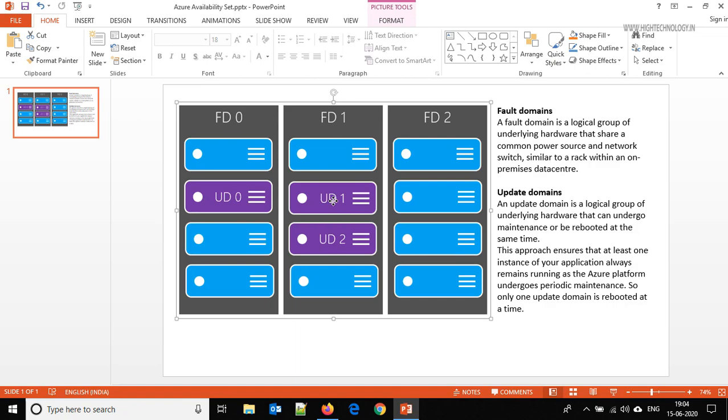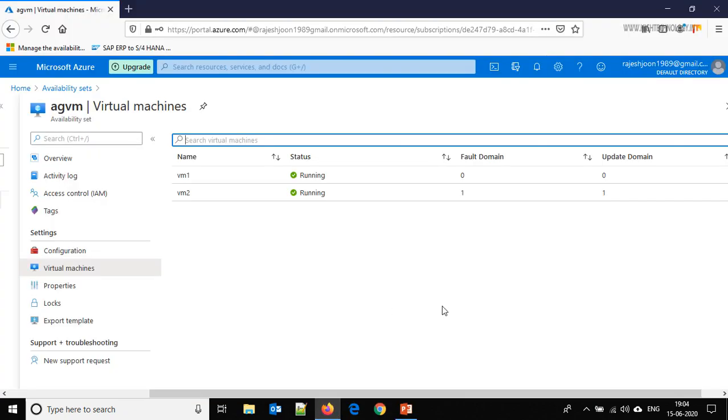So if a rack goes down, our systems are still up. If a particular update domain patching is happening, then also our systems are up. So in this way we get the high availability feature and redundancy in Azure by using the availability set. Our virtual machines are meeting the SLA of